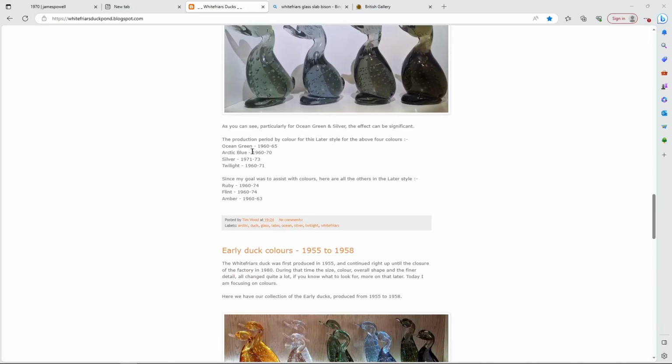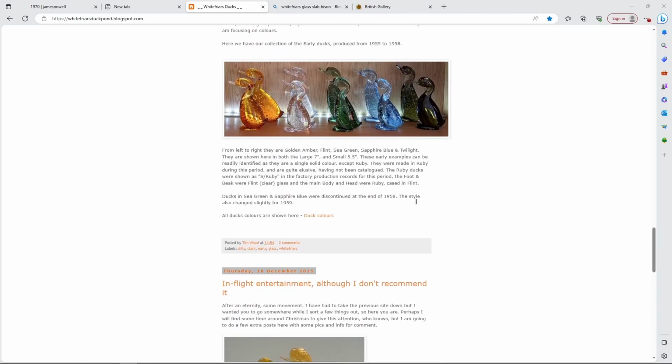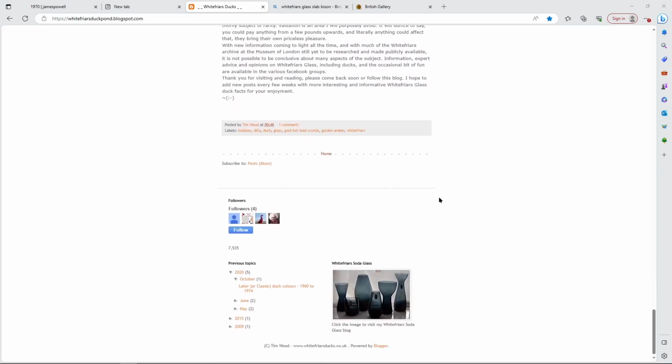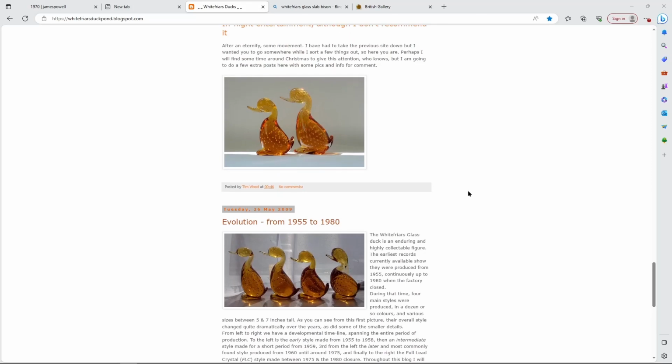So it's telling you what years the different colors were made from. So yeah, this is a really detailed delve into the Whitefriars dilly ducks, and he's even given evolution from 1955 to 1980, so you can see the shape of the head changes over time. I think it becomes more cartoon-like actually, but anyway,